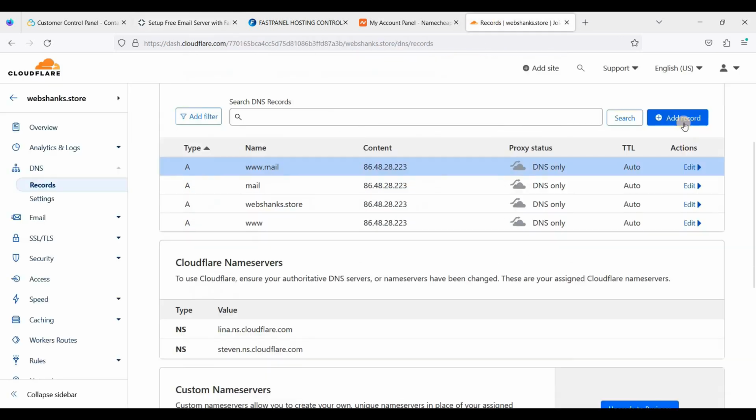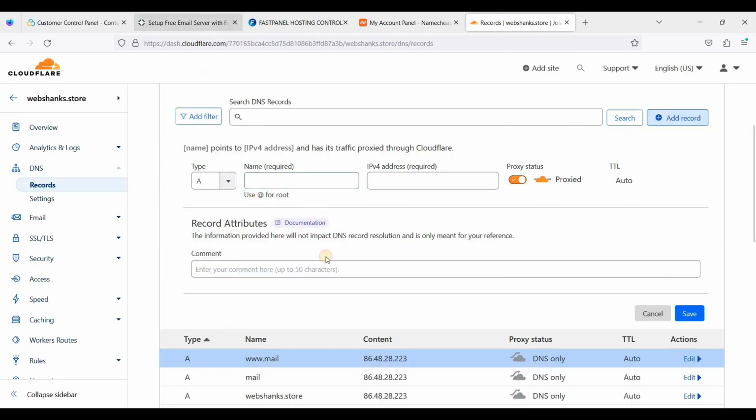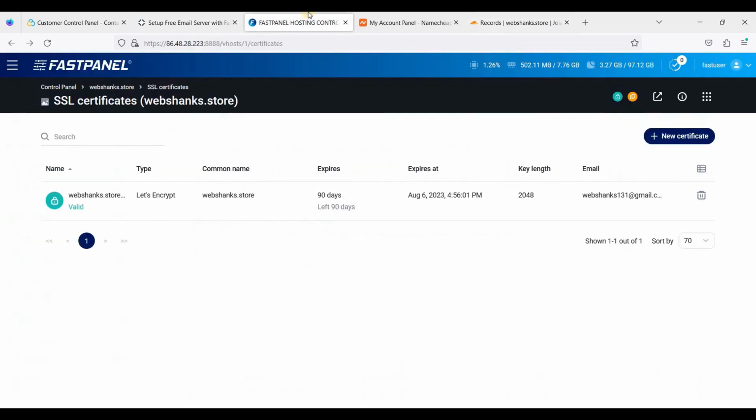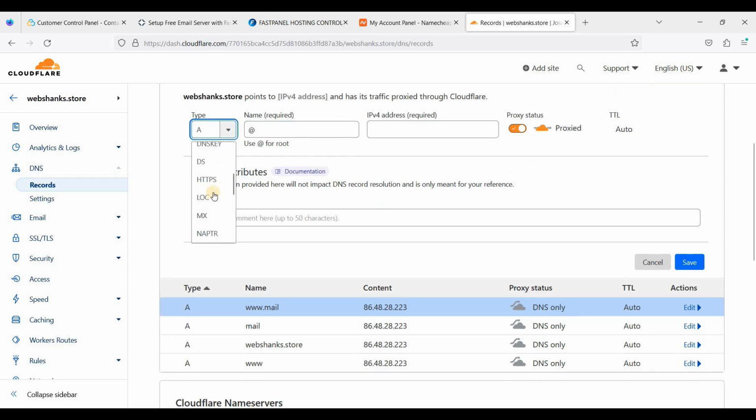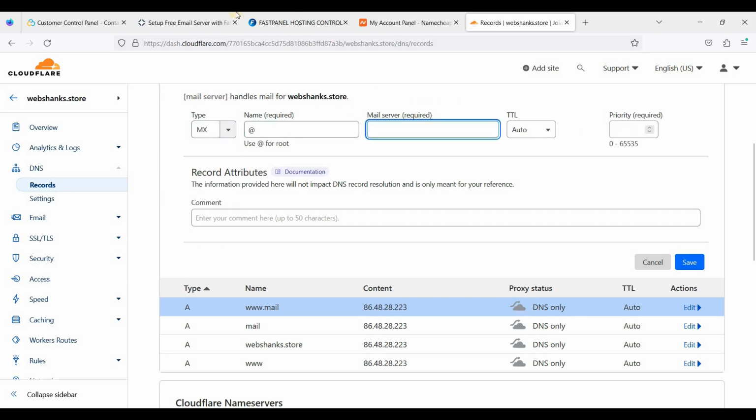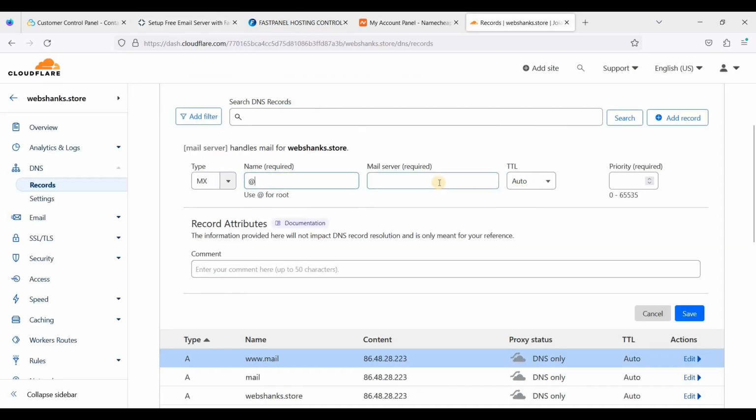Next, we'll add an MX record. That will be an @, it will be a root, and time to live or TTL will be auto, and of course priority is okay. Sorry, that will be an MX record. I will use @ and it will be mail.chunks.store. Our priority is 10. Just click save,